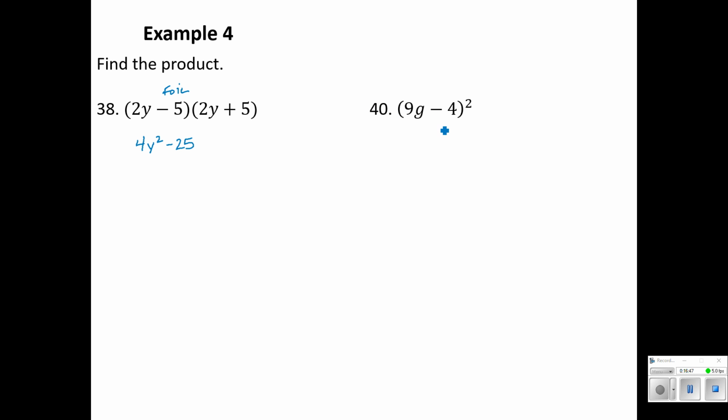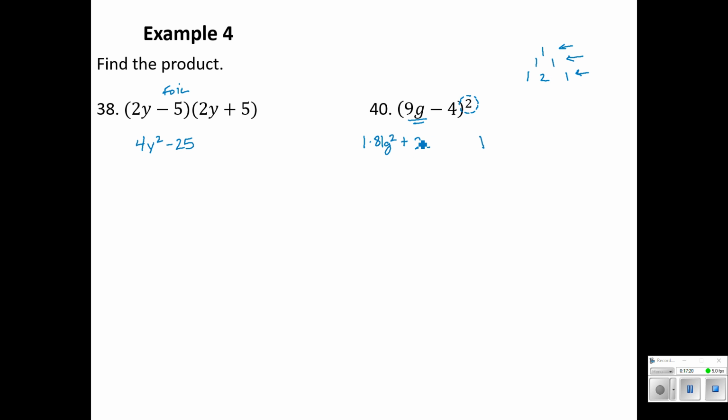Number 40, here we're FOILing this out. Let's use our new binomial expansion. We know that the coefficients go 1, 2, 1 because the second power indicates that we're going in the 0th, 1st, 2nd row of Pascal's triangle. So our coefficients are going 1, 2, 1. Then we've got 1 times the first thing squared. First thing is 9g, so if I square that I get 81g squared